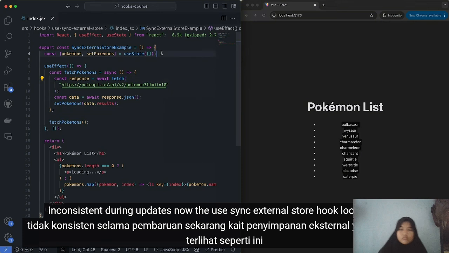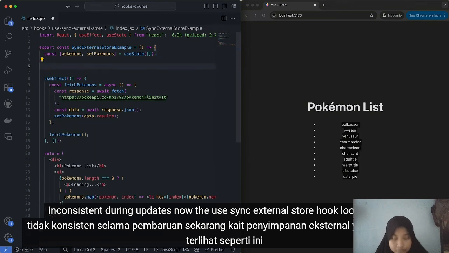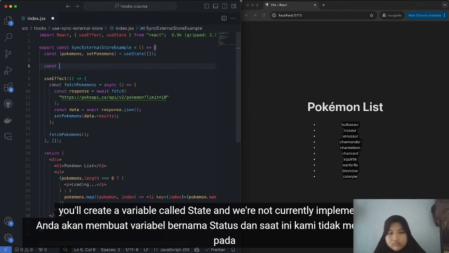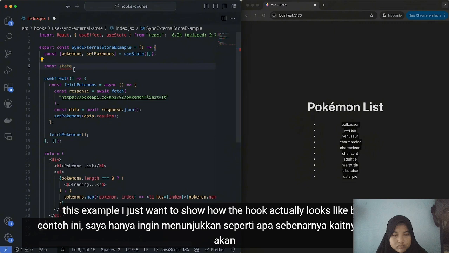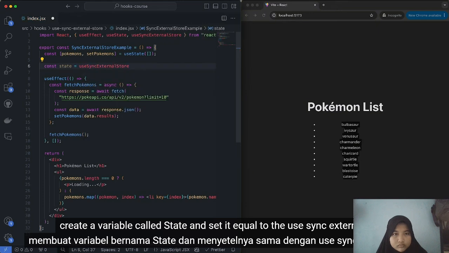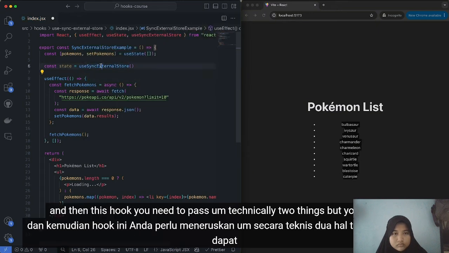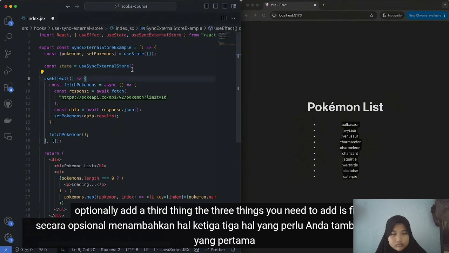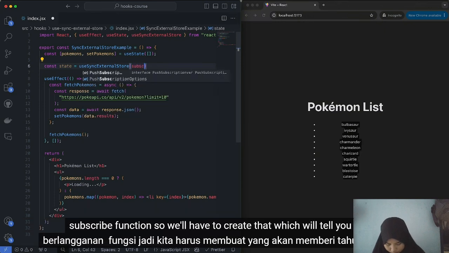Now, the useSyncExternalStore hook looks like this. You'll create a variable called state, and we're not currently implementing this in the example. I just want to show how the hook actually looks. We'll create a variable called state and set it equal to useSyncExternalStore. And then for this hook, you need to pass technically two things, but you can also optionally add a third thing. The three things are, first, a subscribe function. So we'll have to create that, which will